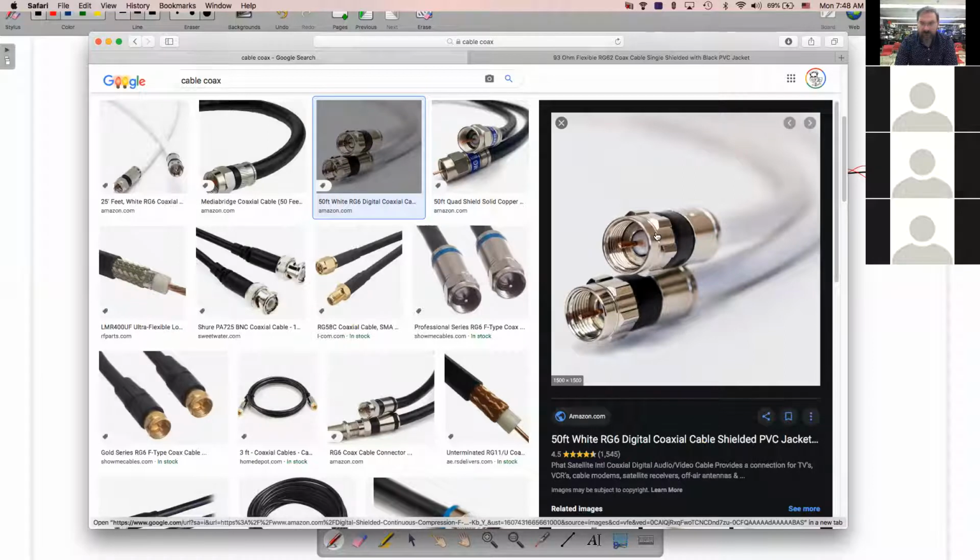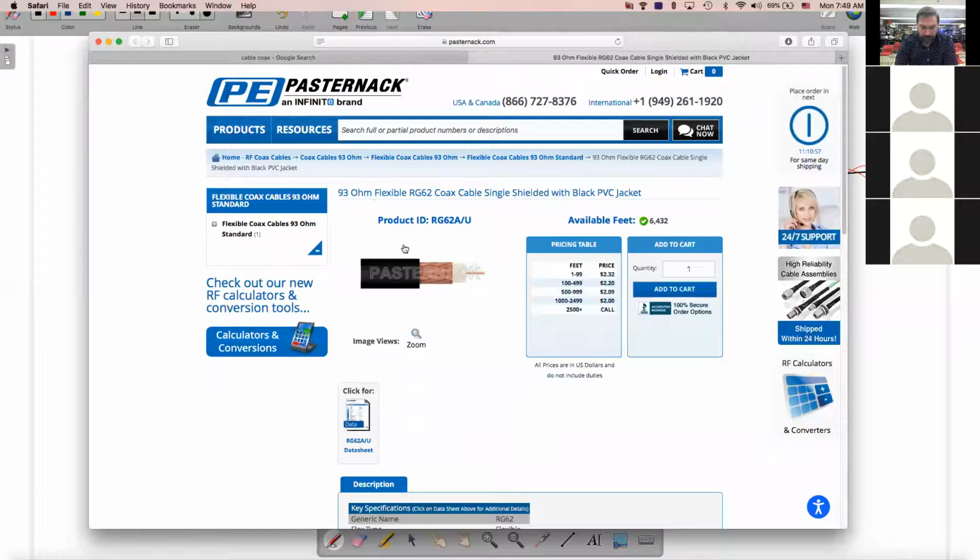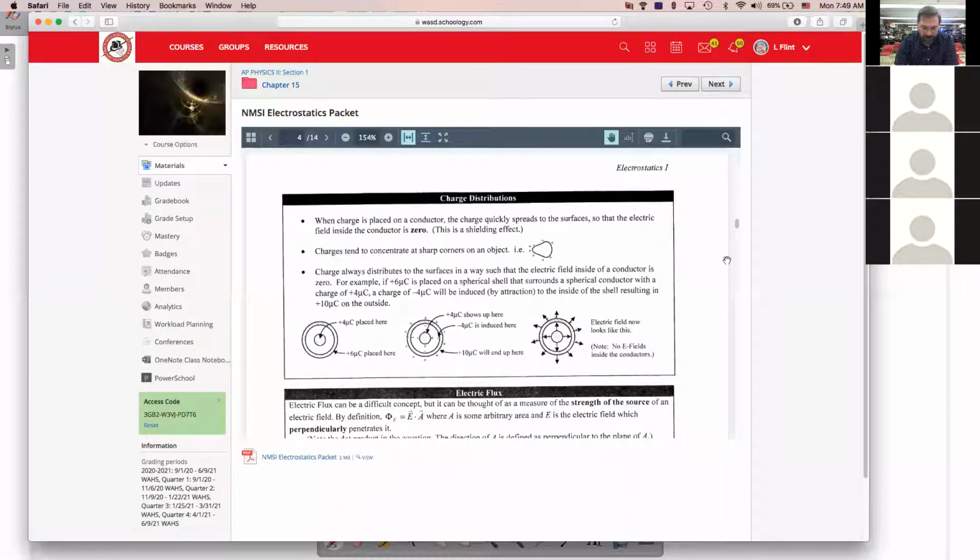So when this connects to the chassis of a cable box, the cable box itself acts as a shield, and so does the braided wire that is around the center part. So anyway,